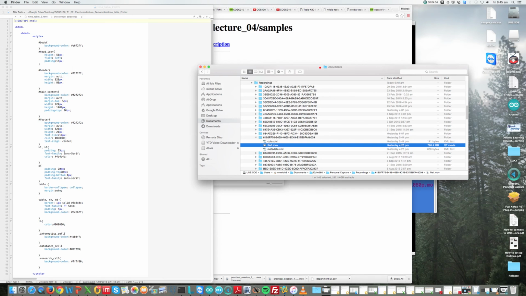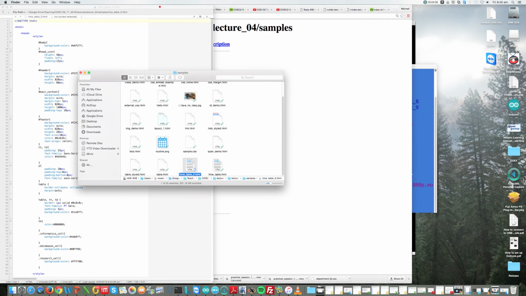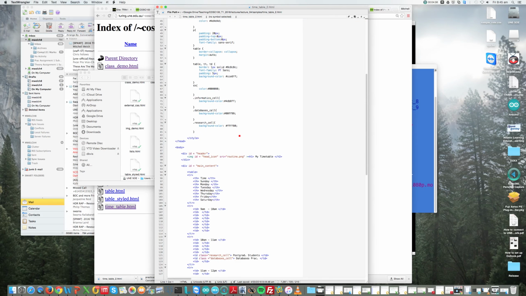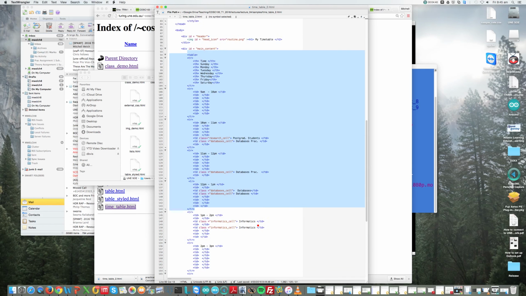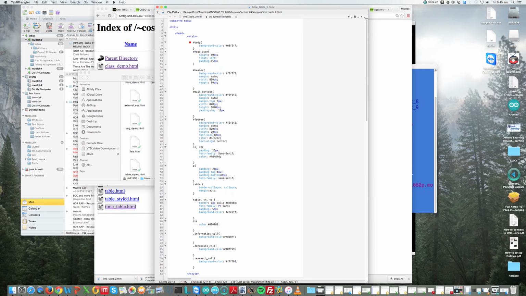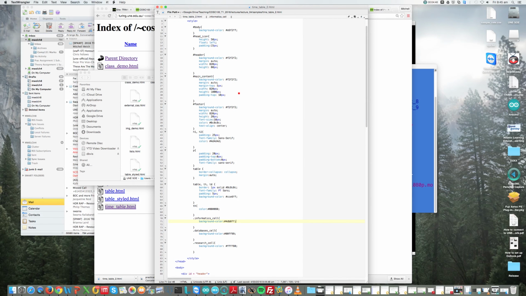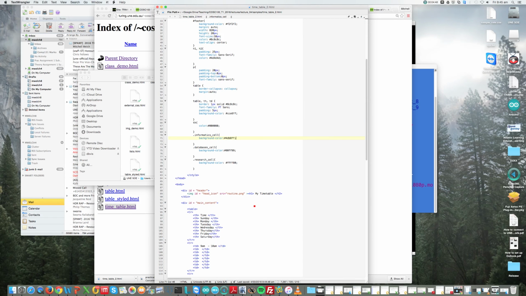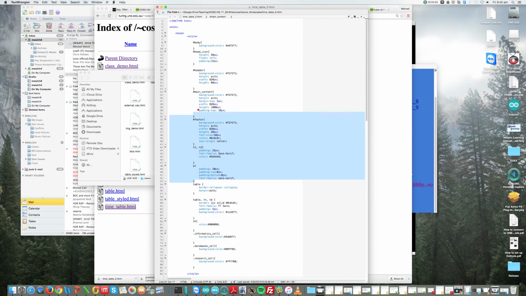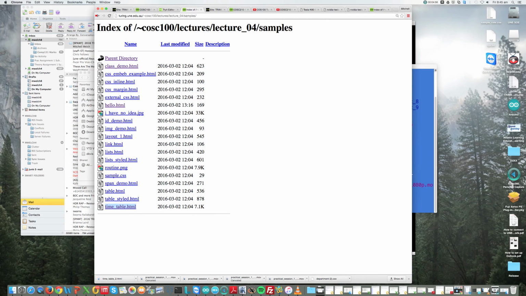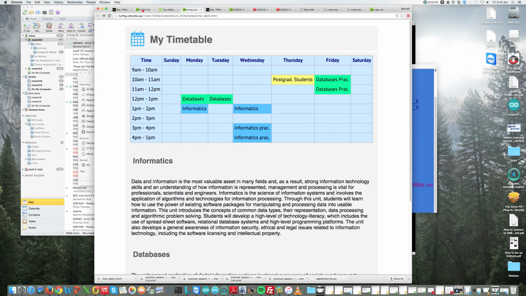If we open that with TextWrangler, you can see that we've got the HTML code, with all of the elements that make up our table down here, and we've got our cascading style sheet for those elements up here. So you can start with my timetable, edit this file and adjust the styles so that they're pleasing for you, to create your own timetable. Go through and have a look